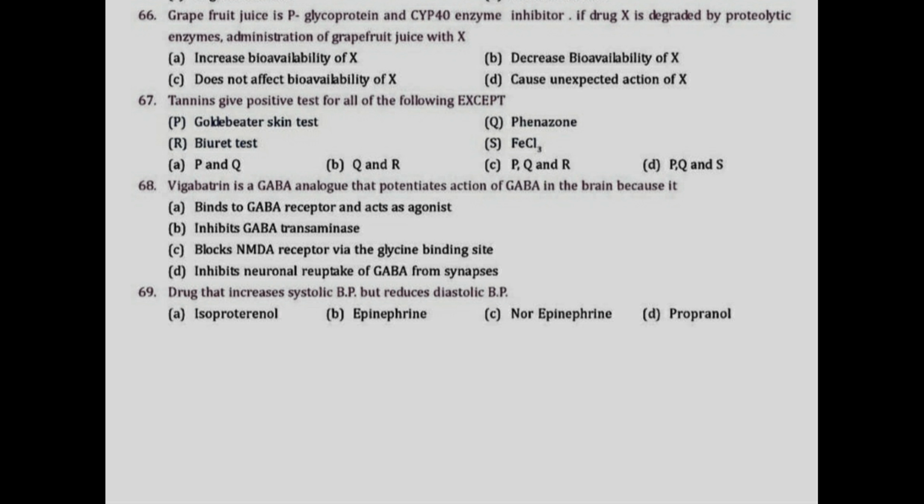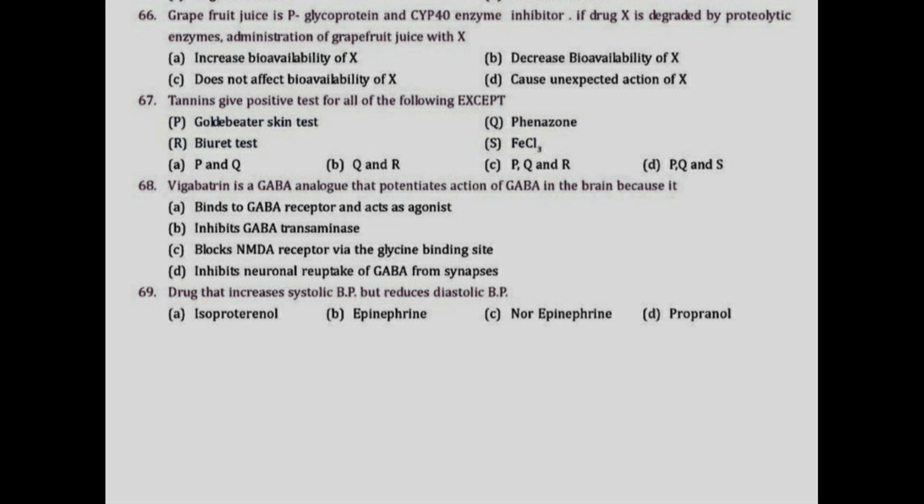Phenazone test: aqueous extract of drug is treated with sodium phosphate and it is heated, cooled, then filtered. Phenazone is added. Bulky colored precipitate will be there. Then catechin test, chlorogenic acid test, vanillin hydrochloride test. These are other tests for tannins. Then ferric chloride test is there. To test the solution, few drops of ferric chloride is added and blue or black color observed. It shows the presence of tannins. Biuret is for proteins.